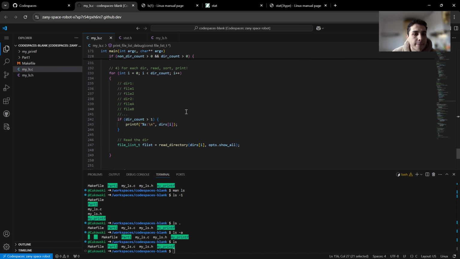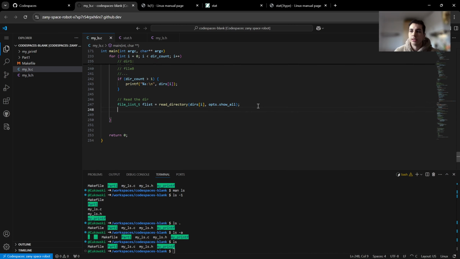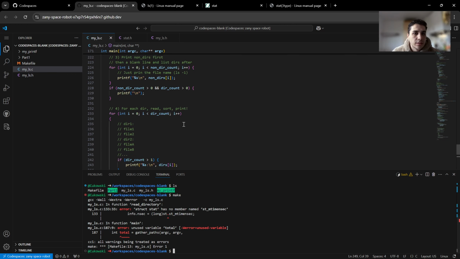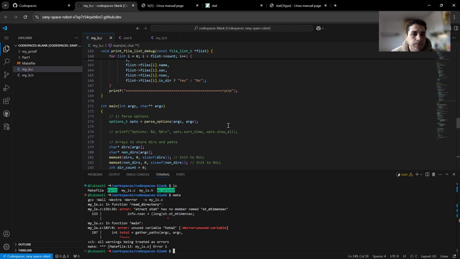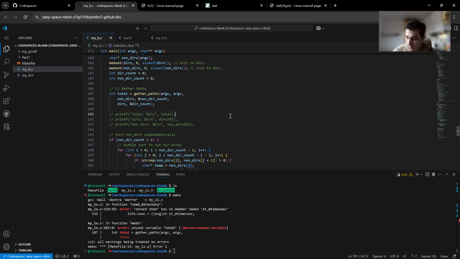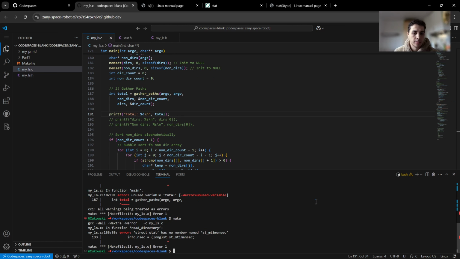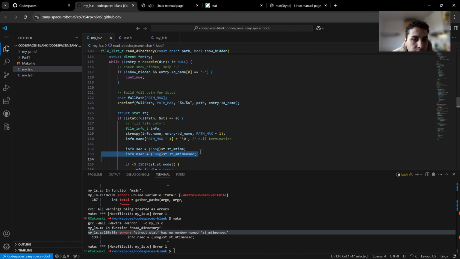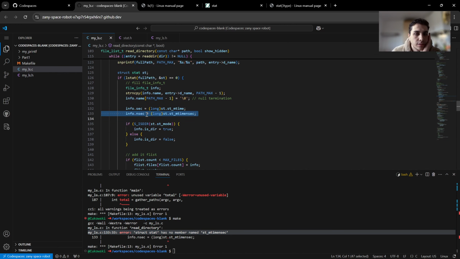So now I have my file list. Let's print file list debug, and I will give it the address of the file list. Let's say make. Unused variable total. Where is it? We will use it at some point, but for now just